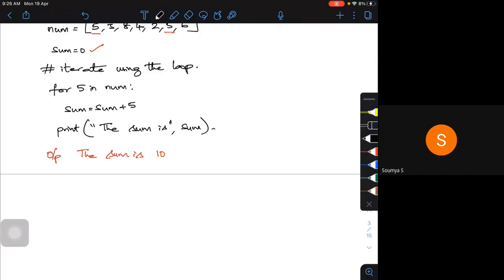You all know that there is something called a range function. Using this range, I can generate numbers either starting from 0 to 9, or I can start, or I can stop. I can go with a step value. All these things can be done.